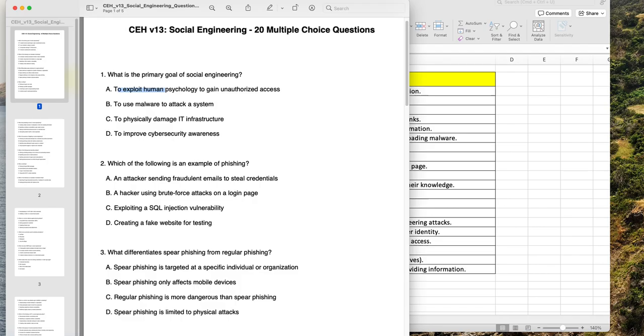Question number 2: which of the following is an example of phishing? That definitely you do need to know how to identify phishing attacks and attackers sending fraudulent emails to steal credentials. And personally, this is just for the exam, right? And this is a good definition for the exam. In real life,